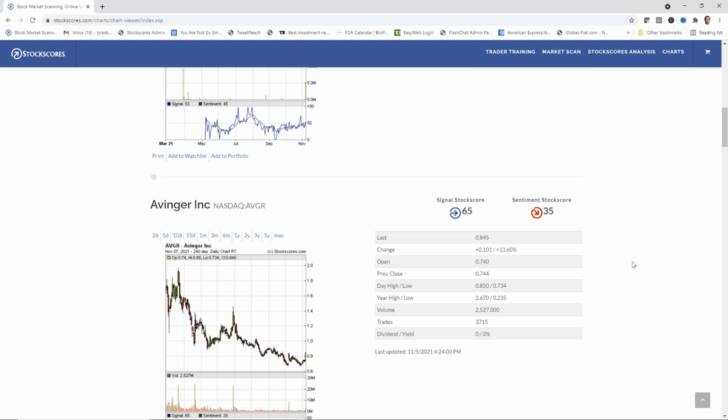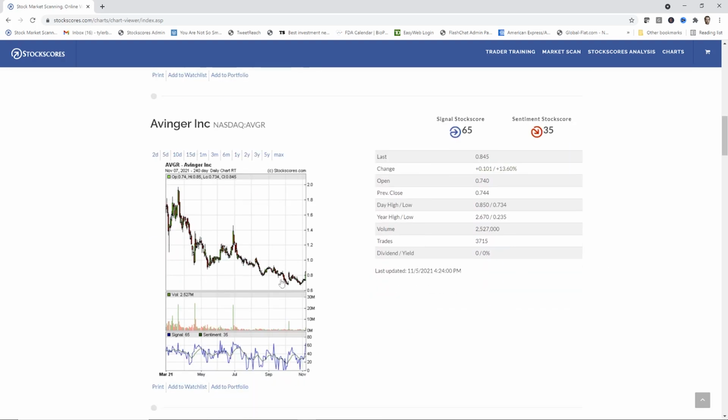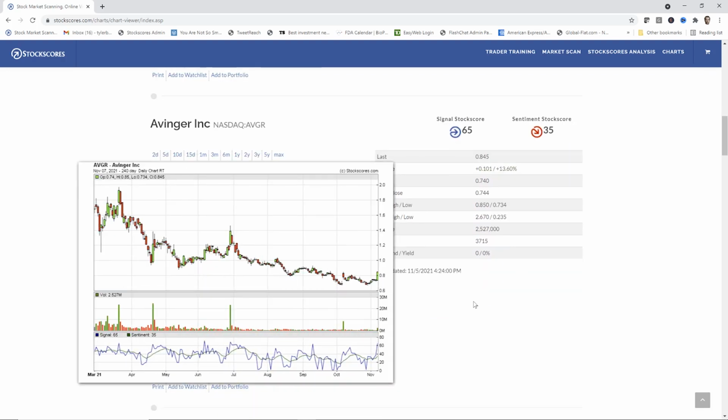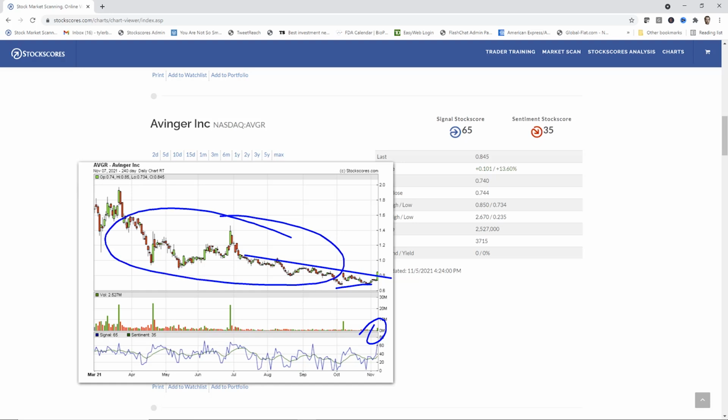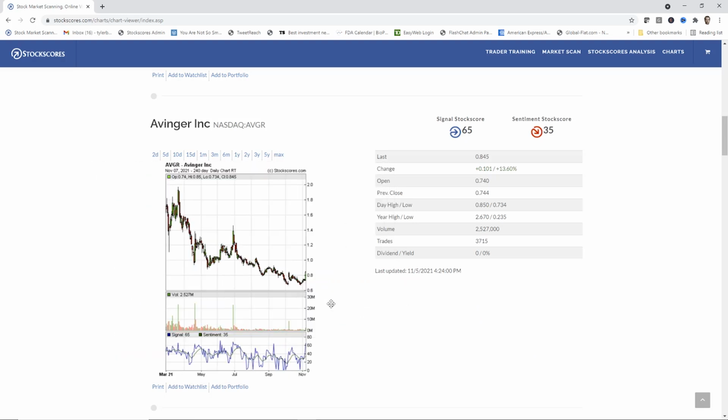So what we're looking for here now is predictive chart patterns. So this pattern here on AVGR is a break of a downward trend line from a slightly rising bottom. So that's good. Volume is there, but it's not super. You really need a lot more volume to work through all of this overhead resistance. So I would give that a 6 out of 10, which means I think it has a 60% chance of